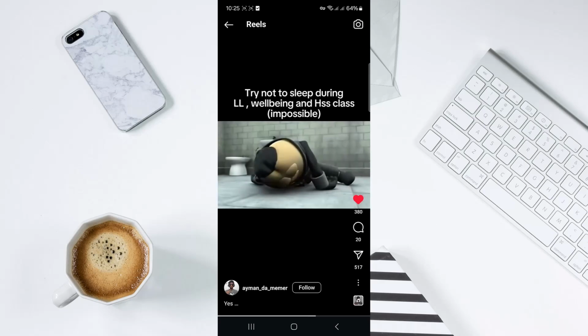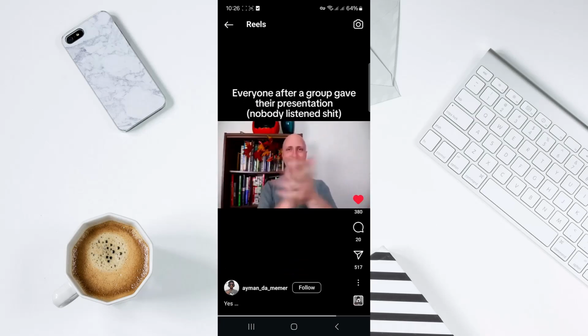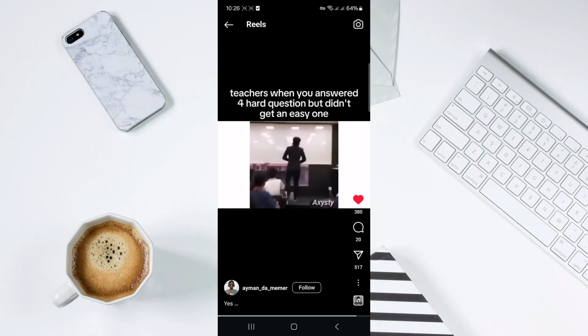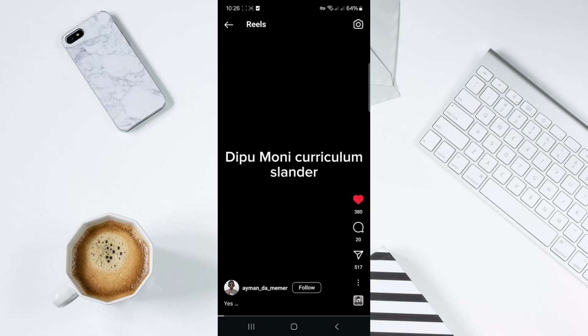You can see right now there is a reel going on my screen, and there is no posted history or time under the account's name, as Instagram doesn't allow it. So you will head over to the account that has posted this,